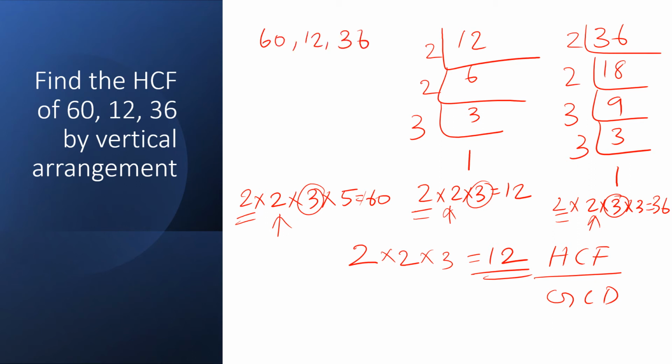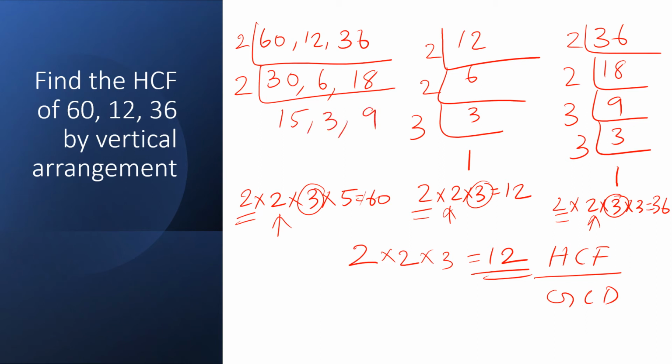We have to divide. First we will try to divide with a common number by which it can be divided. In this case all these are having even number at the unit place, so 2 can be used. Dividing with 2 means here it is 30 and here it is 6 2s are 12, here it is 18 2s are 36. Can we divide again? Yes, it can be divided again. So we will write 2, 15 2s are 30, 3 2s are 6, 9 2s are 18.